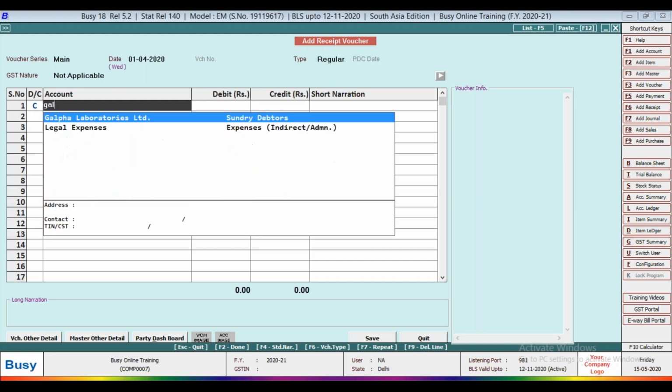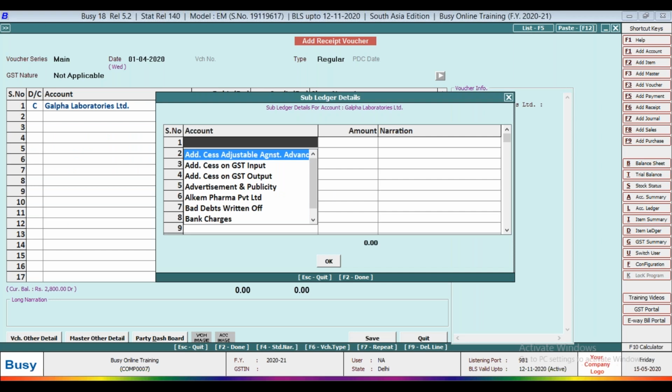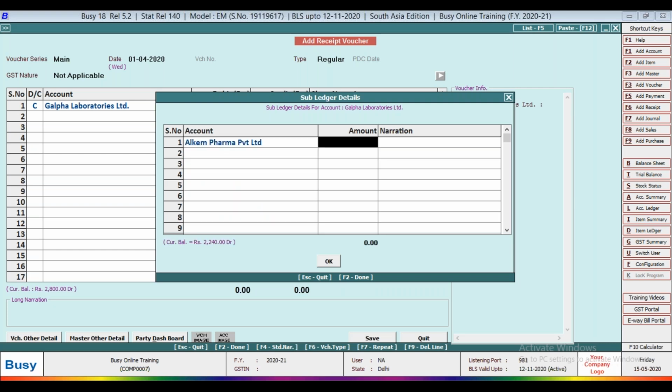So select Gulfa Laboratories Limited. For the account name, you can choose the sub ledger name, like Alkem Pharma. When you select Alkem Pharma, it shows its current balance, 2240 rupees.